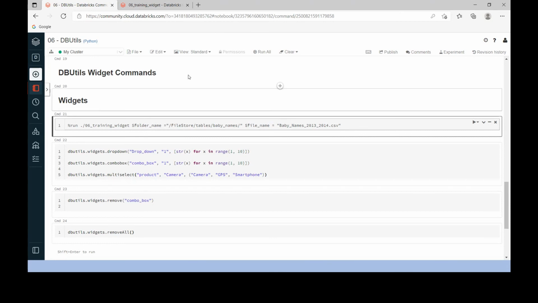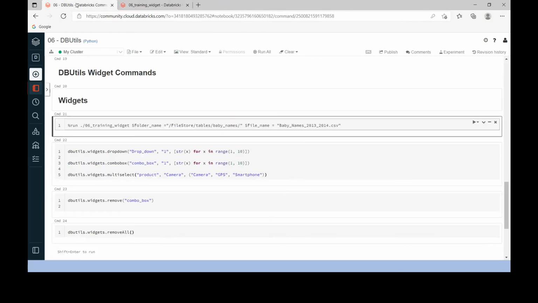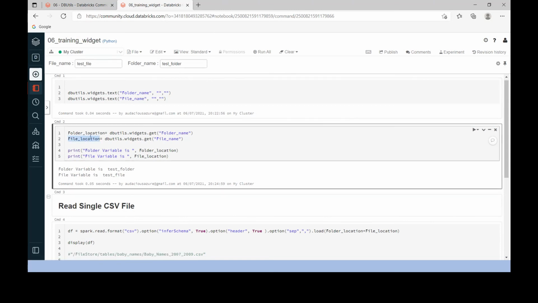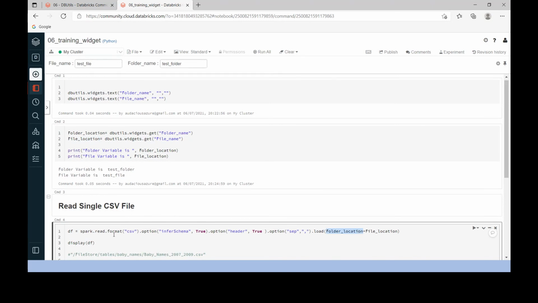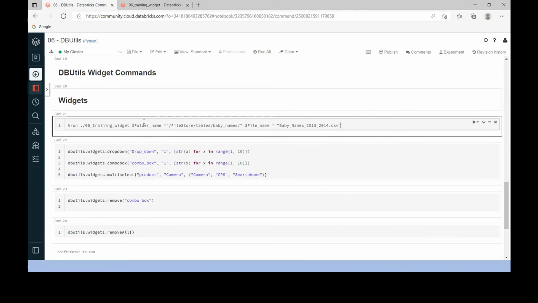So what happens is, these input values would be passed to this notebook, and these values would be replaced by the parameters that we are passing, and based on that it will create the folder location and file location. By combining the folder location and file location, it will create the absolute path, and based on that it will create the data frame, and that would be displayed as output at the end of this execution.